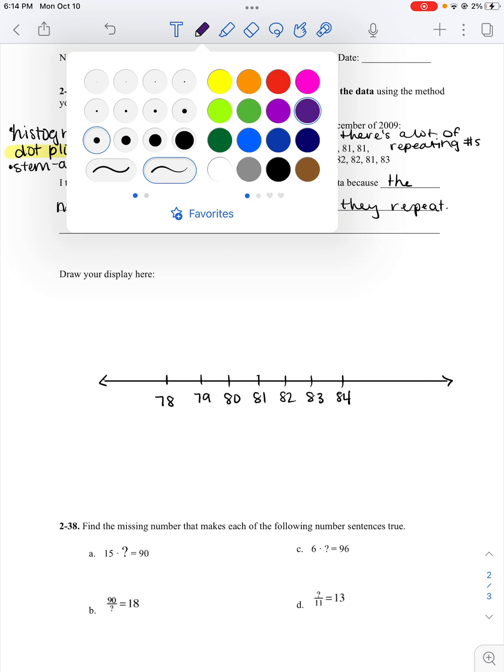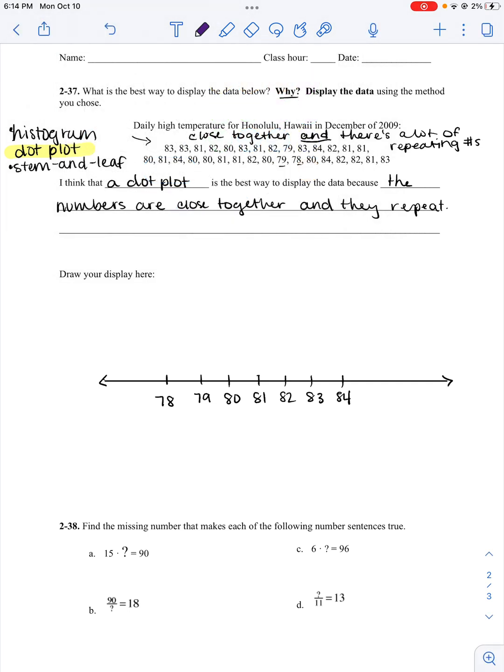one of the numbers. So I'm going to go through each one and I'm just going to put a dot whenever I see it. So like the first two, they're both 83s. So I'm going to put 2 dots. Okay, cross them out. There's an 81, an 82, an 80,